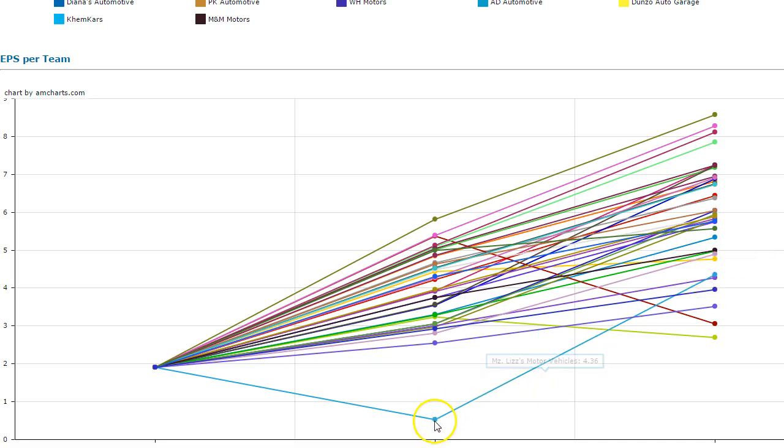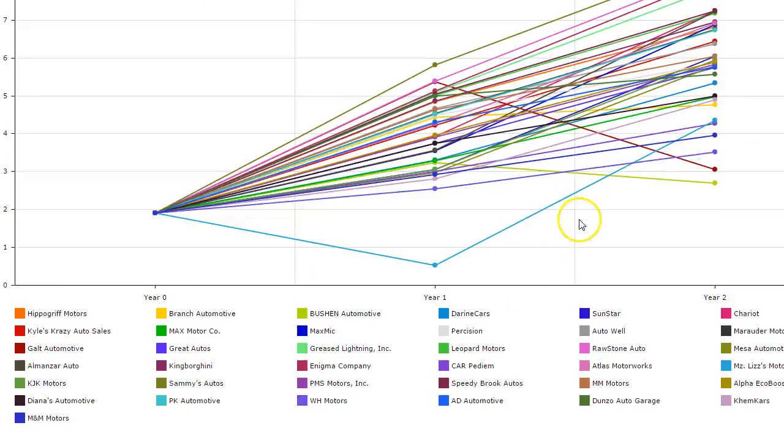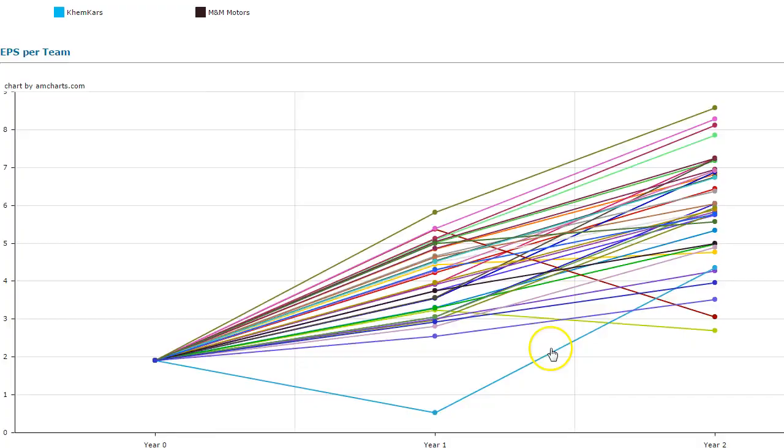So you see how this team greatly reviewed their strategy, changed their strategy, and was greatly able to increase their earnings per share. That's why they have #1 points, because that's what investors want to see, a real improvement in your earnings per share. And most other teams were steady in increasing their earnings per share. And remember,